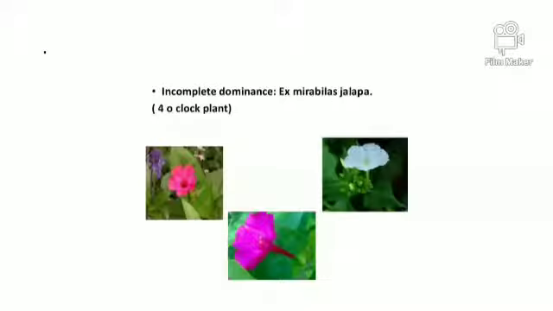The second one is also the same here. This is the red color flower. This is a white color flower, and from the combination of red and white, we are getting a pink color. That is Mirabilis jalapa. Getting this? Yes. What is Mirabilis? This is the name of the flower. Have you seen this flower? It is a very jungly plant or jungly flower. You can easily observe this plant anywhere, even in our college campus it may be there. So this is the red flower. It crosses with the white flower, and we are getting the pink. That is the example, Mirabilis jalapa. This is the name of the plant.